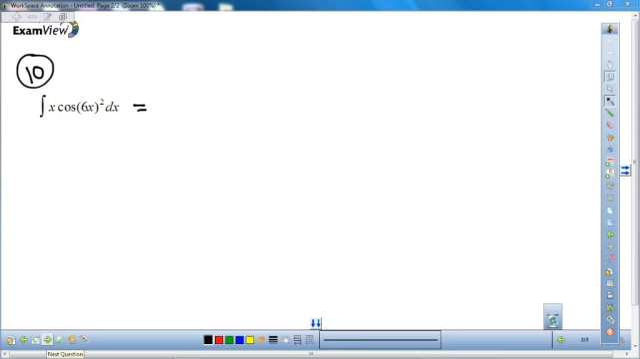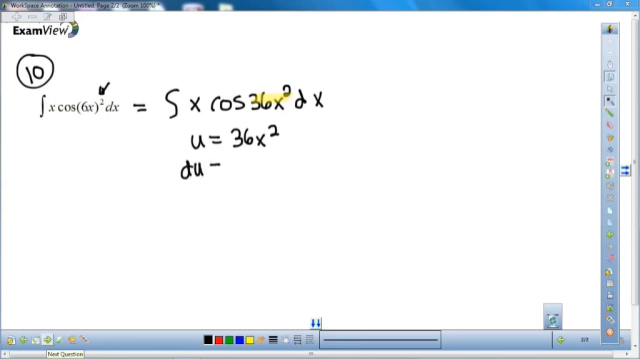For number 10, first I'm going to deal with the square. So I'm going to rewrite this as x cosine 36x squared. One of the things that you always do before you do integration by parts is try to do u substitution. So you notice if you let u be 36x squared, du will be 72x. So I get 1 over 72x du is equal to dx. So if I substitute it back,